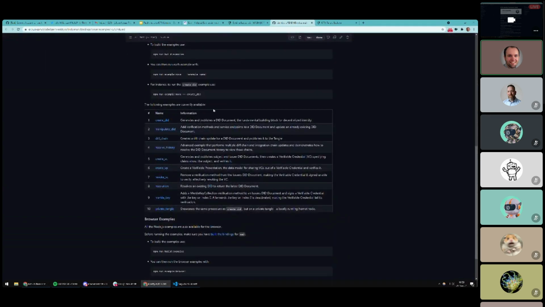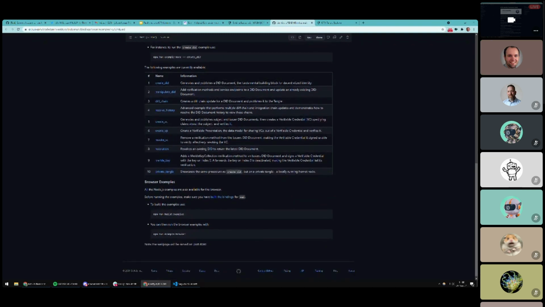So creating an identity, manipulating an identity, resolving an identity, creating verifiable credentials, revoking them, which basically means the issuer decides this statement that I've given is no longer valid. And at that point forward, it doesn't pass the verification check anymore. And yeah, even how to get it running on a private tangle and stuff like that is in here.